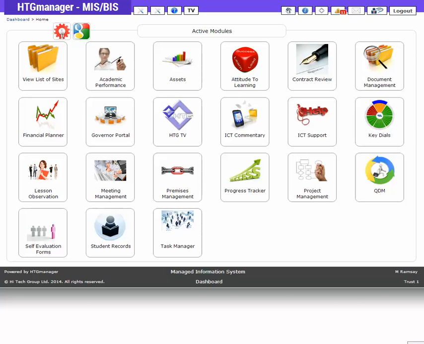This video demonstrates the power of HTG Manager's MIS-BIS system in collating and collecting information to present data intelligence at a click of a button. The dashboard I'm looking at now, from the bottom left, tells me I'm looking at a trust dashboard. It's just a name, it could be a group, it could be a federation, but it's a number of sites that are actually linked to this site, so they've got the independence of their own sites, but the responsibility to